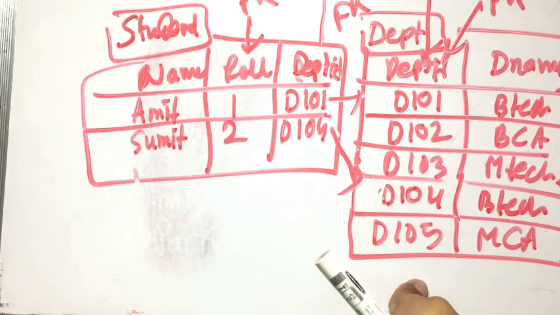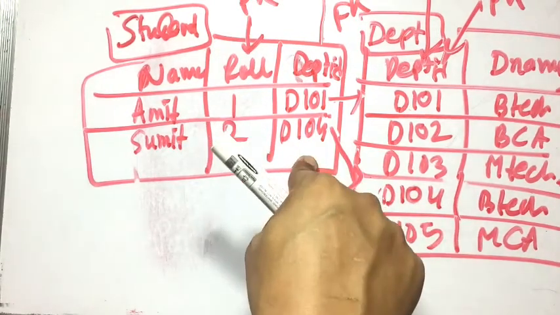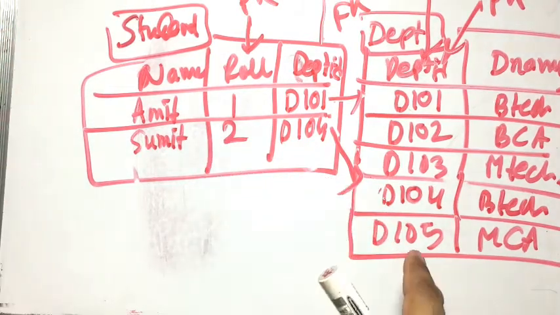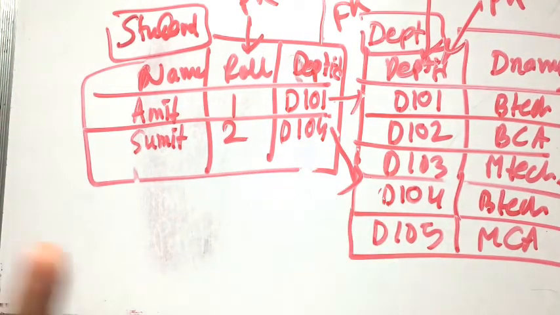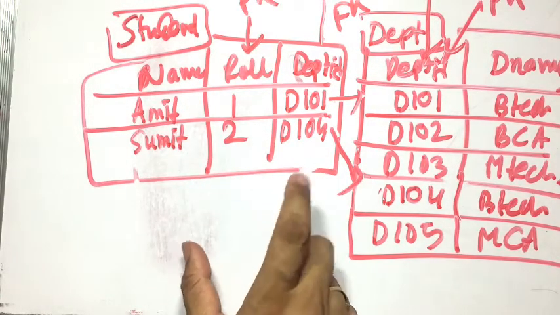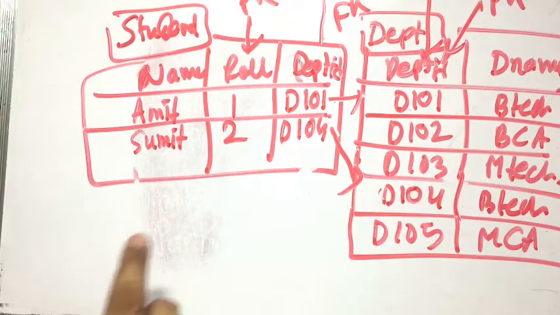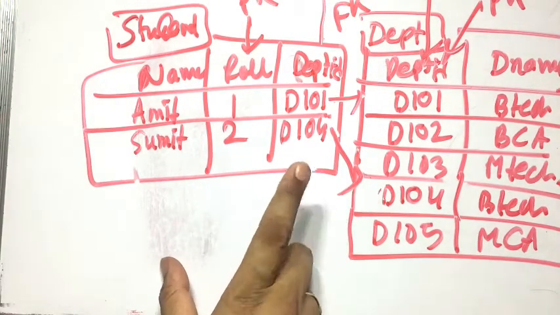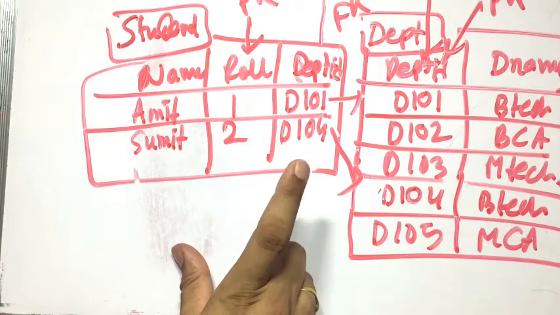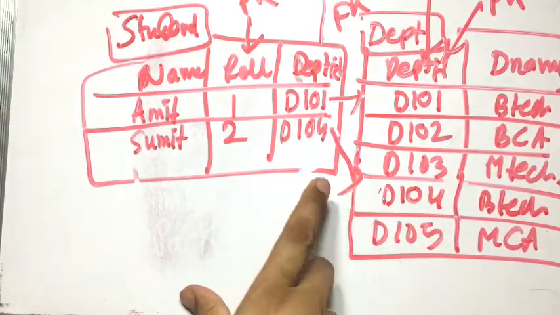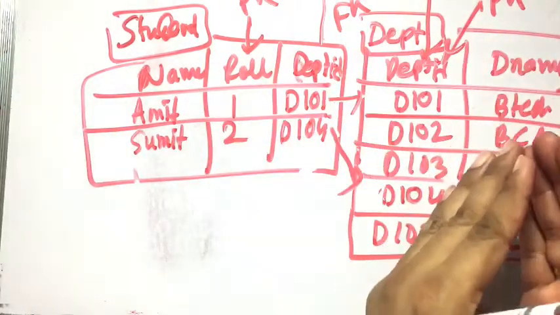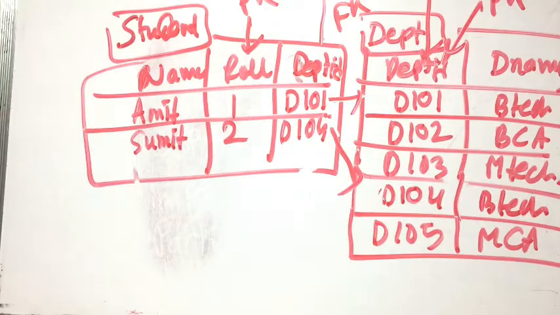When you insert a value to the primary key attribute, the referencing foreign key may not have that value in this column. Here, for example, 105 is not present. But we cannot insert a value in the foreign key if that value is not present in the primary key table. If we insert D106 here and it is not present there, then it will not be possible. So if we insert here, it must be present there, because this refers to that. So this is the insertion case.